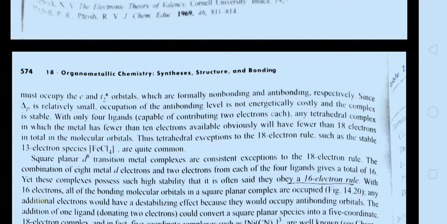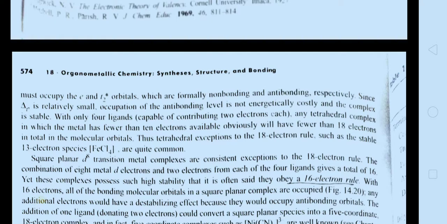Formally, these are the non-bonding and anti-bonding orbitals respectively. Here the E orbital is non-bonding and the T2 star orbital is anti-bonding. Since the delta value, for octahedral complexes written as delta O and for tetrahedral complexes written as delta T, is very small in tetrahedral complexes, occupation of the antibonding level is not energetically costly and